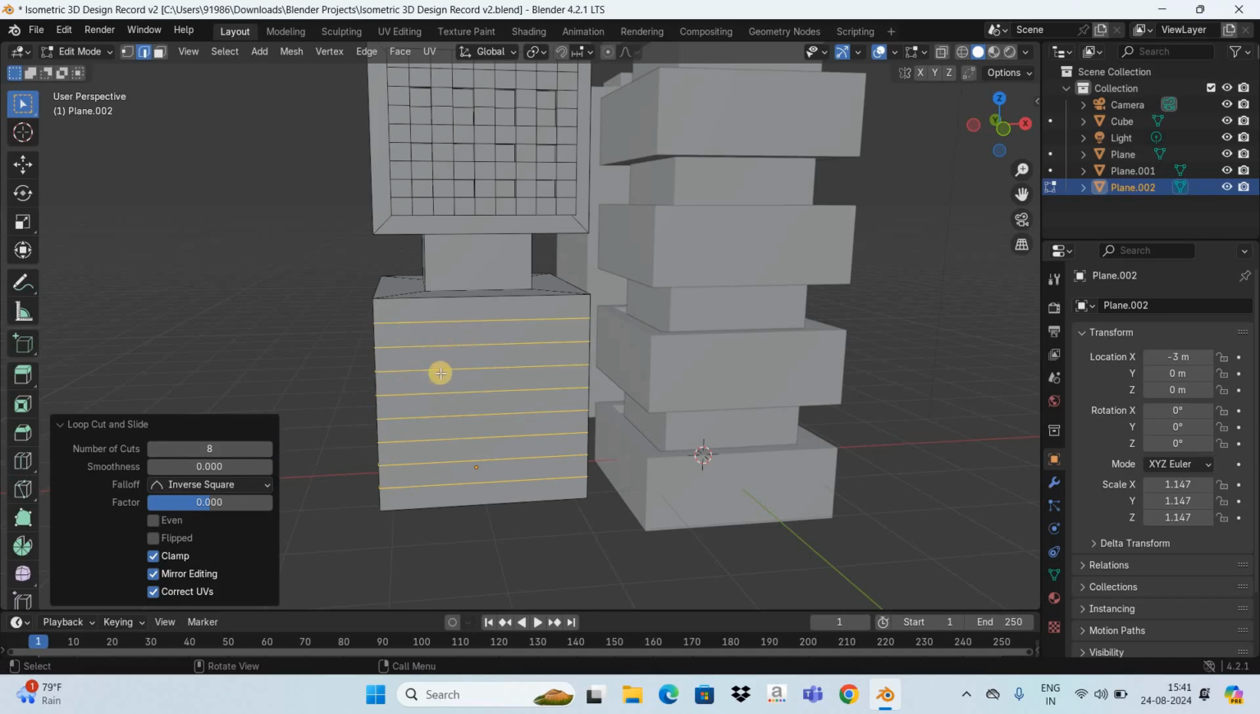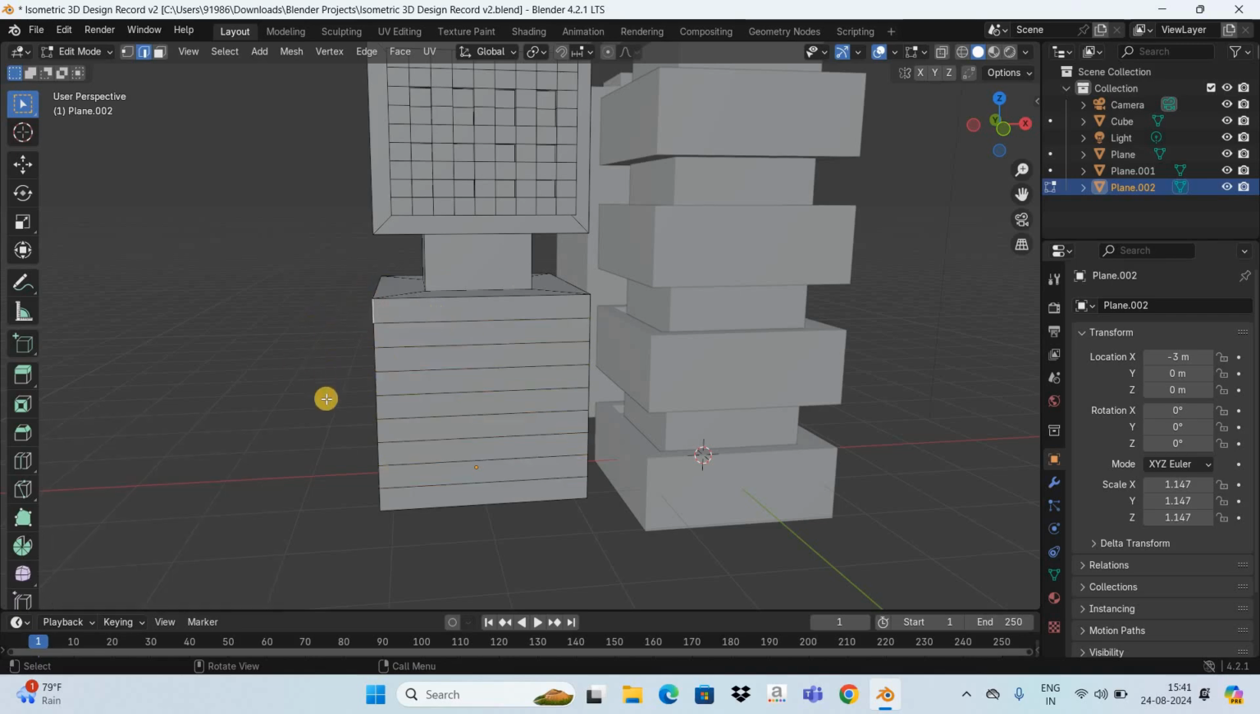Okay, this looks good. So 1, 2, 3, 4. Yeah, this looks good. Now we will once again use the loop cut tool to create 2 additional loop cuts, but this time we will create horizontal loop cuts. So press Ctrl R once again, and as you can see, this is a horizontal loop cut. Now press the number 2 and this will create 2 loop cuts, and now press enter, and now press enter